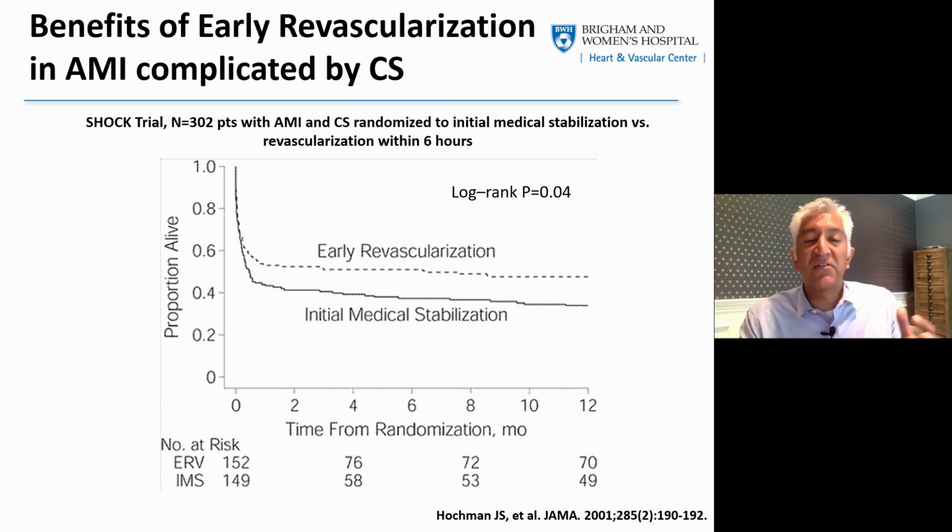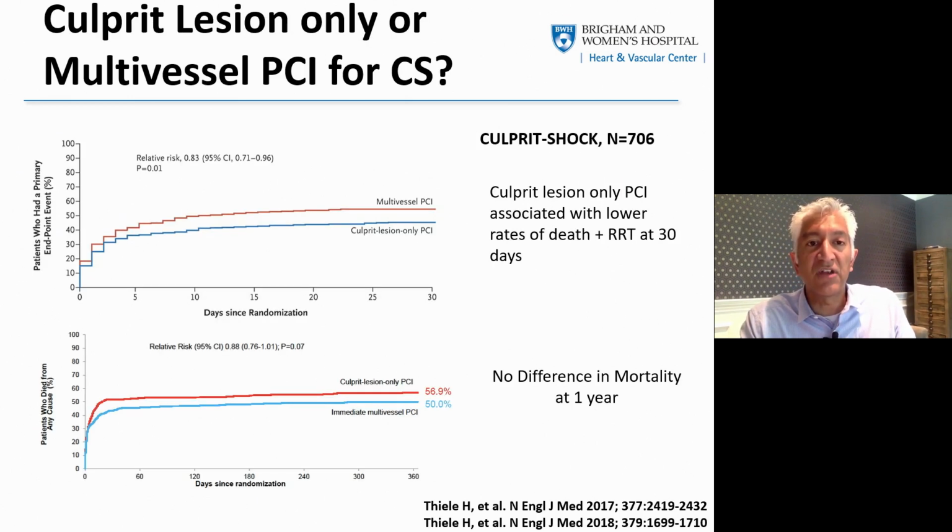And it's really this that has girded the rationale for the very aggressive strategies for early restoration of blood flow and coronary blood flow in patients with acute cardiogenic shock. The question in the cath lab, of course, becomes, when you see the culprit lesion, the occluded vessel that you think is responsible for the shock, what to do with all of the other vessels that might be partially blocked,